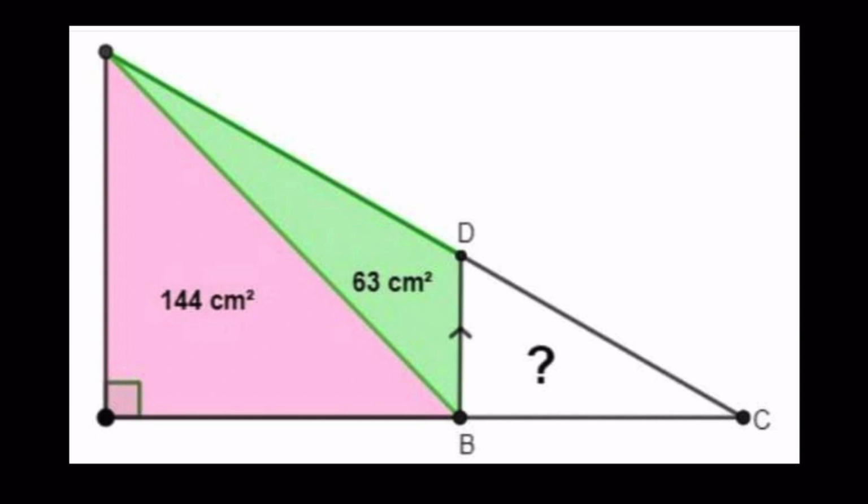So we're being asked, let's name the corners. This is A, let's call it B, C, D is given. I'm gonna call this corner E. So we're given the area in pink is 144 centimeters squared, and the green one is 63 centimeters squared. And we're supposed to find the area of the BDC triangle. If you would like, you can pause the video and give it a try to solve it,